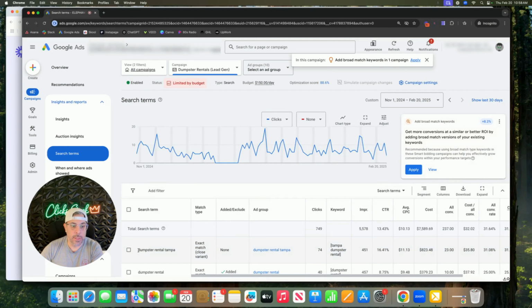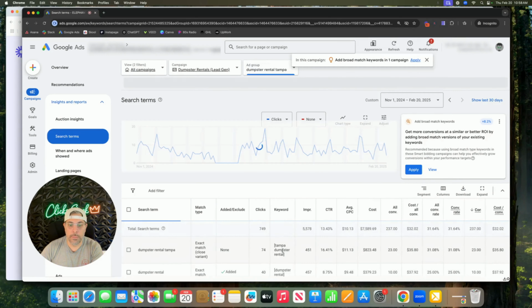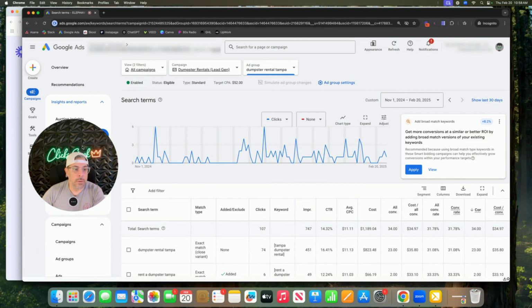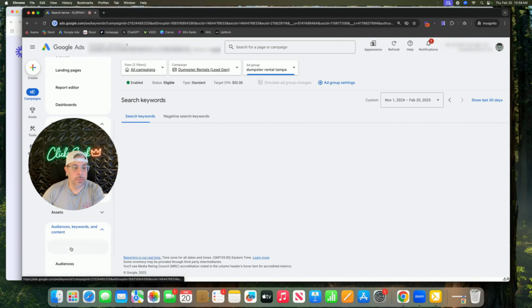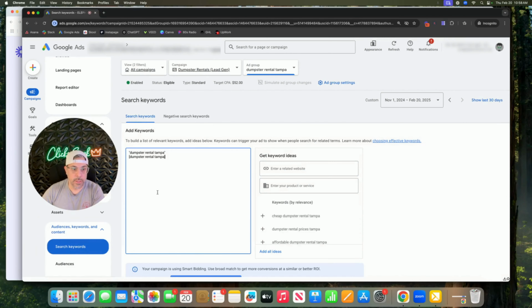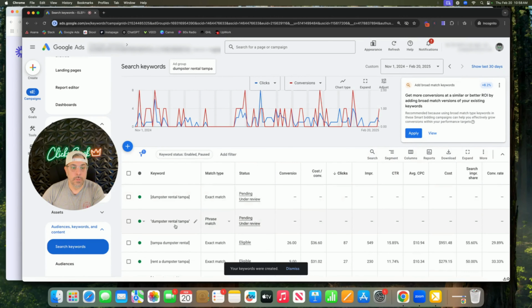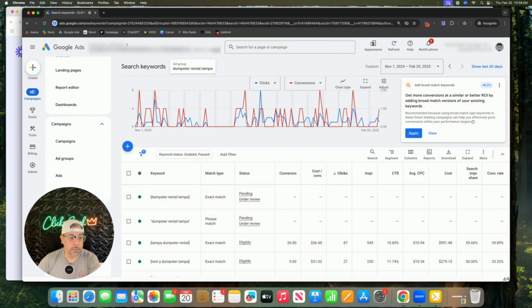So I'm going to grab this keyword, and I have it up in my tool here, and I'm going to do phrase and exact match. I'm going to copy those. I'm going to go into that ad group under search keywords, and I'm going to add that keyword as phrase and exact match, because that's how I add my match types for my campaigns. So there we go. Now I added a keyword that sent me 23 leads that we weren't currently bidding on, which is insanity. So if we go back,